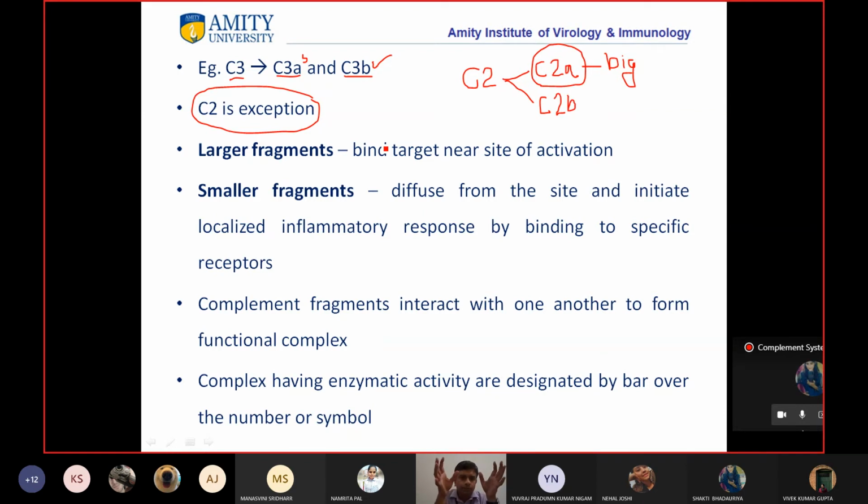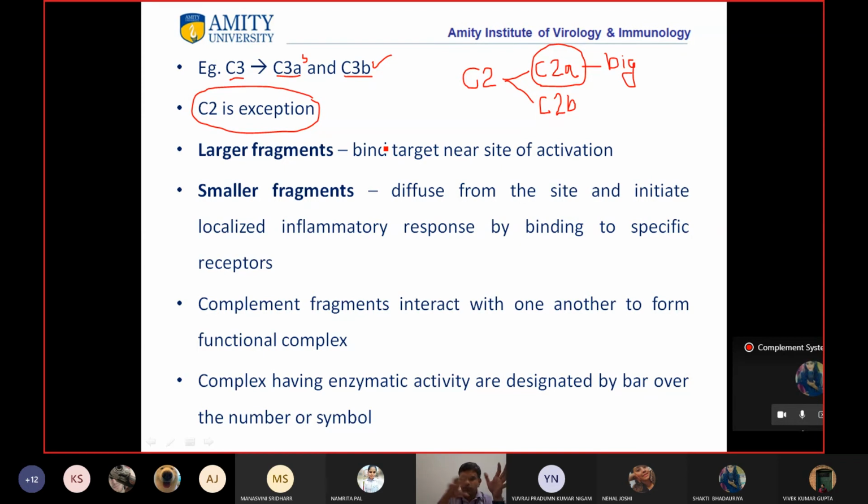So you can understand, just compare two individuals, one is very fat, another one is very thin and small. Now what happens? Obviously the fat one will not be able to move too much, and the thin one can run fast and move to a different place in a short period of time, right? So in the complement system also, the larger fragments just bind to the target near